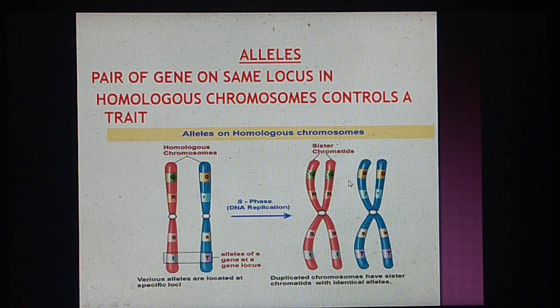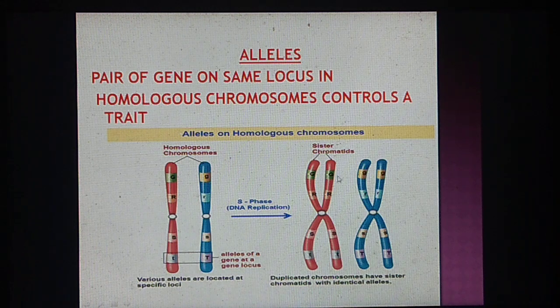So we should recall that when these homologous chromosomes pair, the set of chromosomes obtained from both the parents have the same characteristics on their chromosomes. Maybe there can be a variant. So we can also call alleles variants of a particular characteristic. We should remember that these alleles are in coded form. So one code comes from the mother and the other code comes from the father.